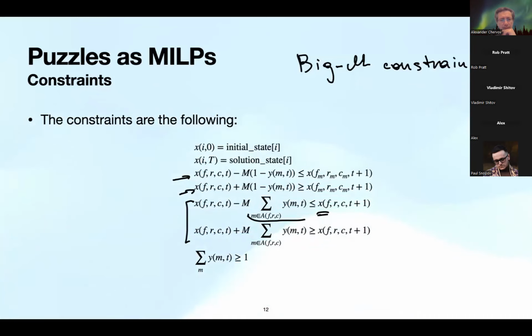I had such an idea in mind, but my realization wasn't perfect, and I wasn't able to solve any problem with such an identity element. And the other change is that your final constraint, the sum of y's, is exactly 1, because you're performing some move every step. It might be the identity move.